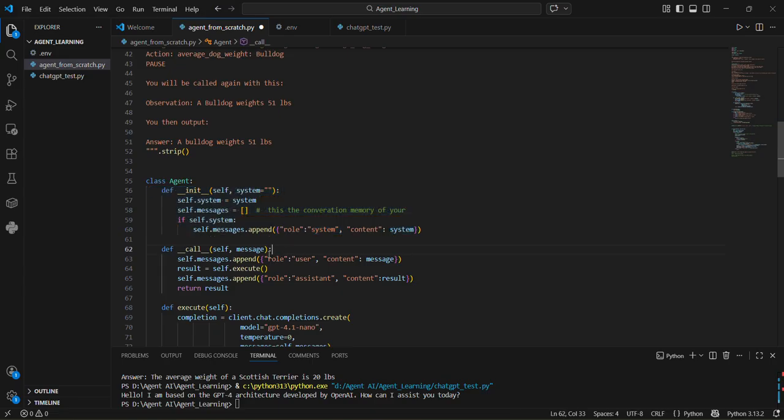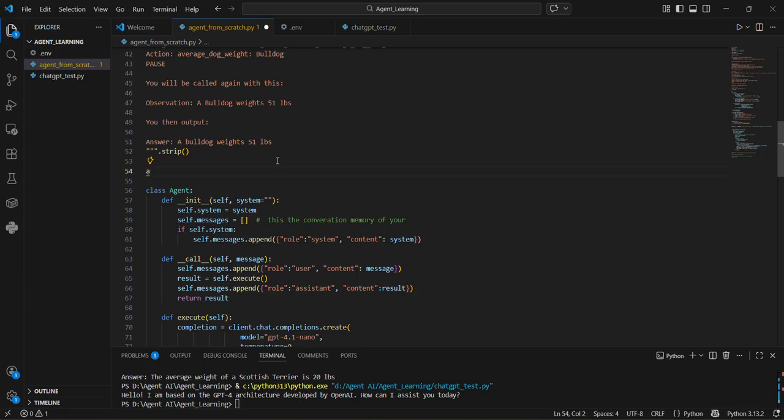Next, what is this underscore call? Basically this is a method that allows us to call the agent as a function. So this is a special call operator. So basically, instead of typing, I don't know, agent dot call and then typing a message,